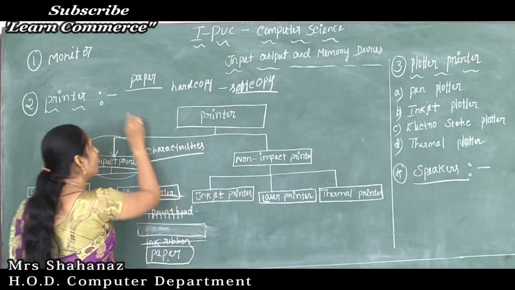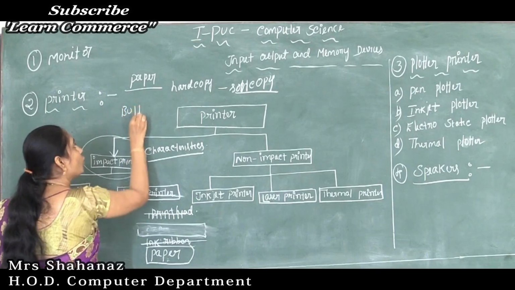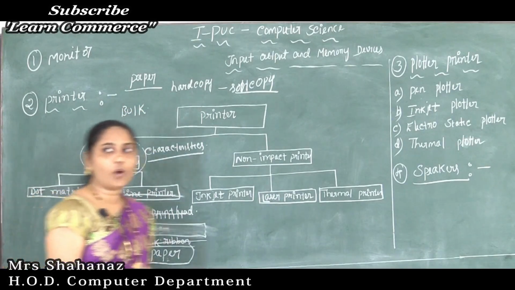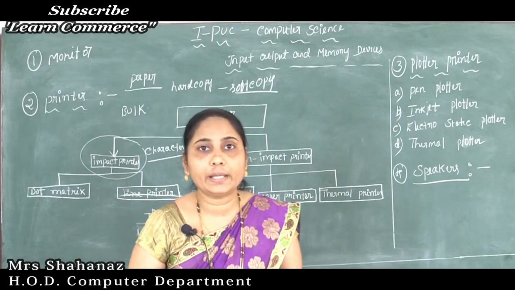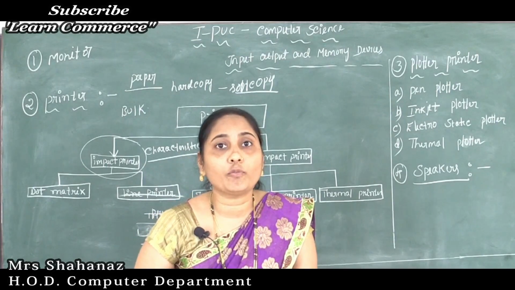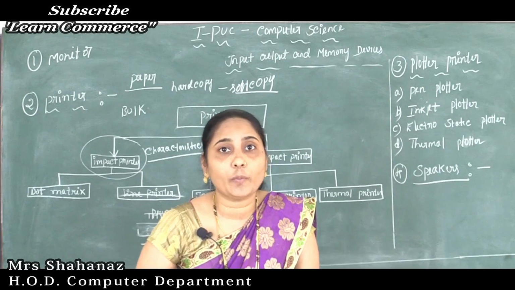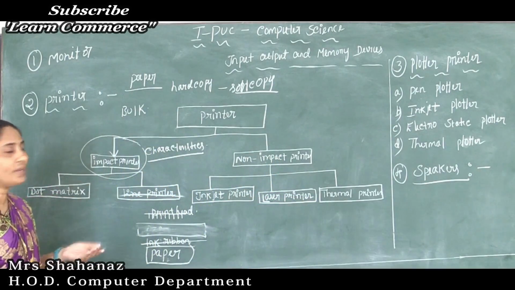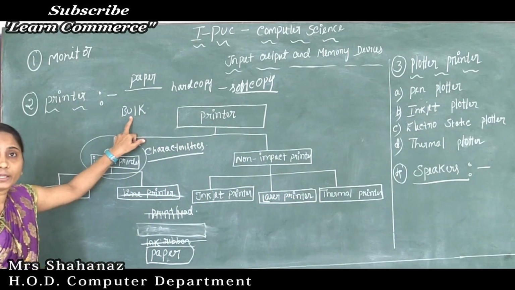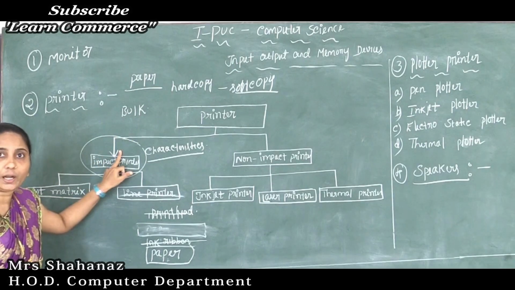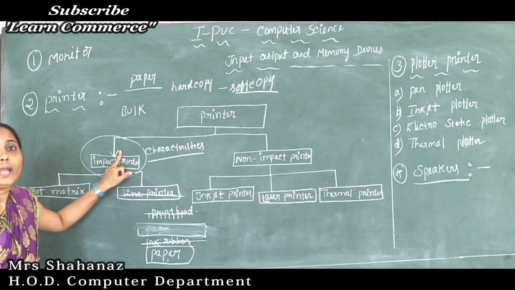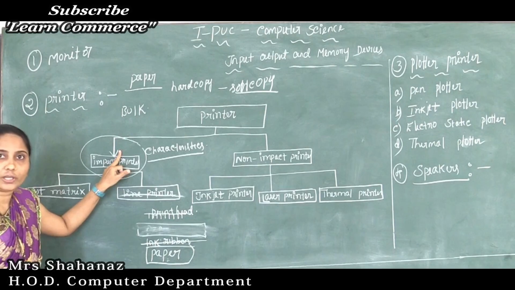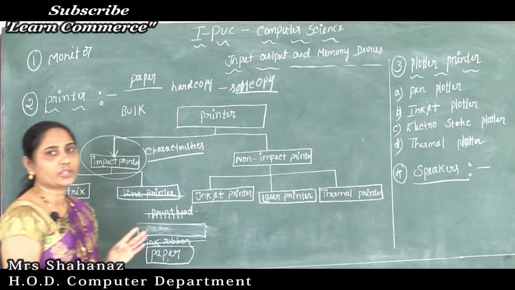Now what about the meaning of bulk? The meaning of bulk we can say as we can print a large number of copies. Okay, the large amount of information, the large number of copies here, many copies. So such is called bulk. So such impact printers are very useful for bulk printing here. So clear this point here. So this is our first characteristic.